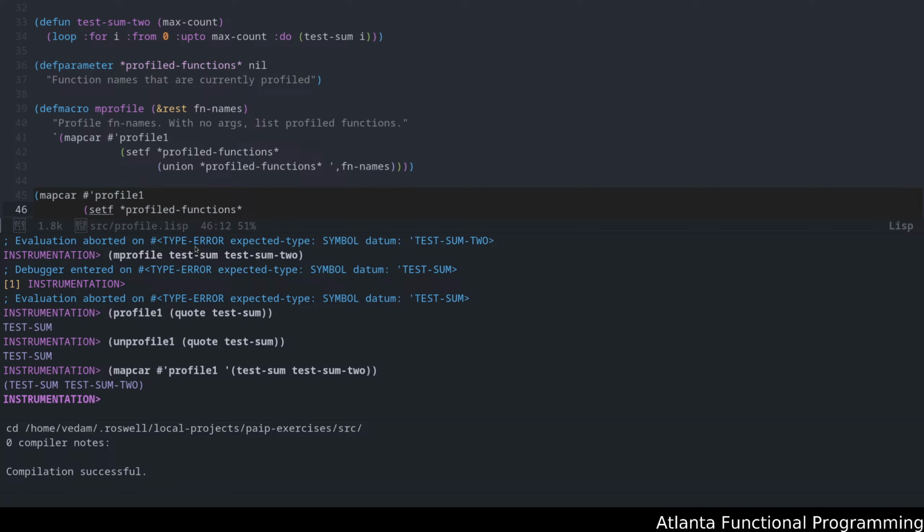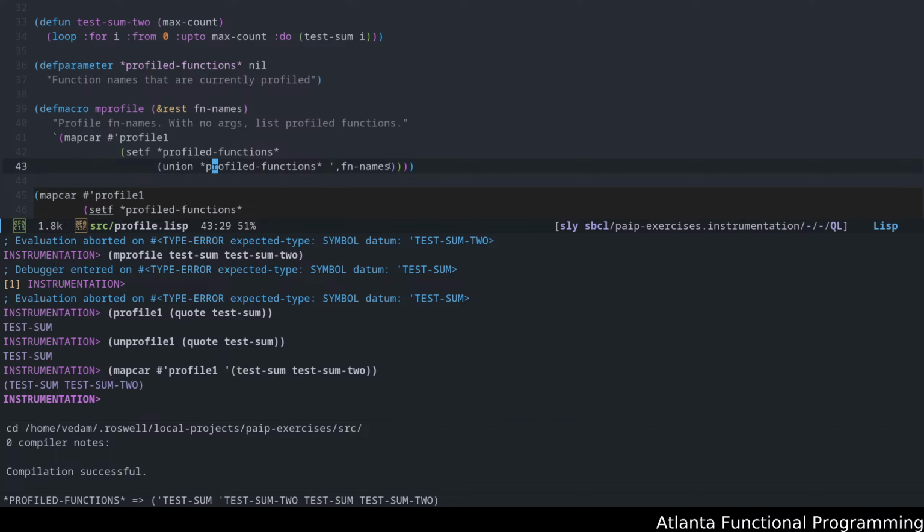Okay, so just to give you guys an update, an explanation here. Quote comma is a typical pattern that you will see when you're trying to return or generate, as part of a macro, a list of functions that need to be passed over. So in this case, we're trying to get the union of this list of function names.